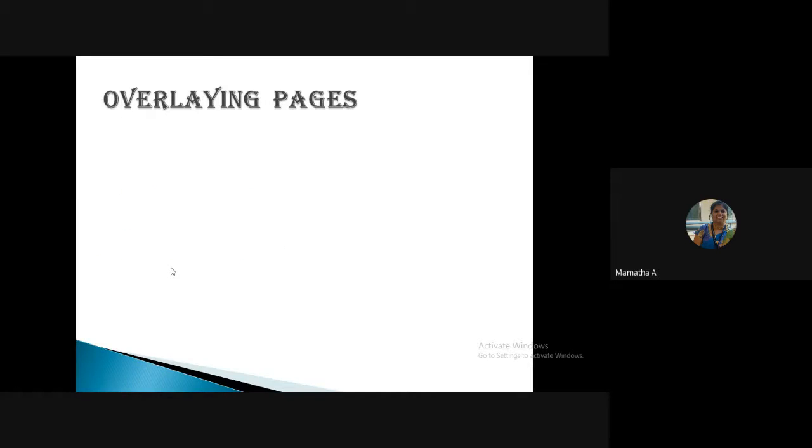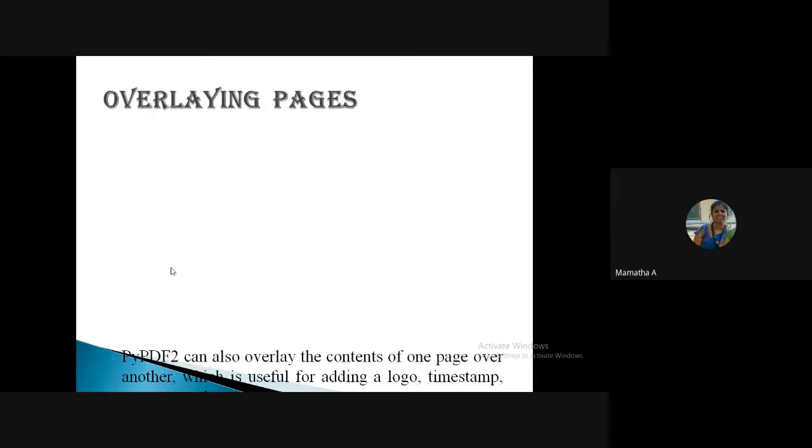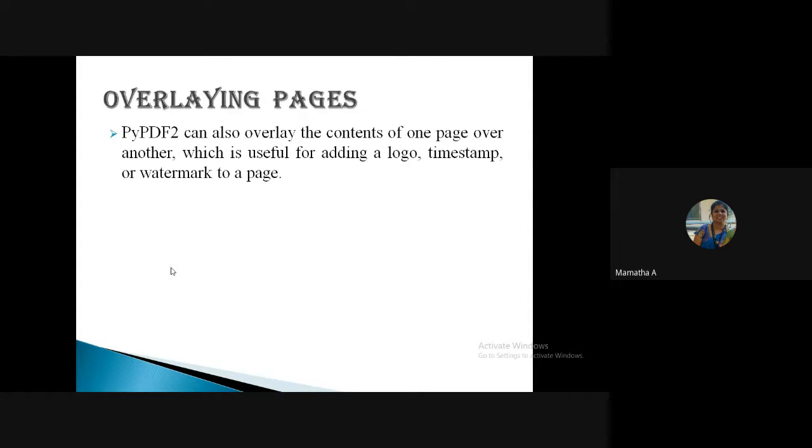Moving to overlaying pages. What is overlaying pages? On a page, you place some content. Say on a page, you can add a watermark, a logo, or an image. Okay, overlaying pages, that's what it means. So the package PyPDF2 also allows us to overlay the contents of one page over the other.